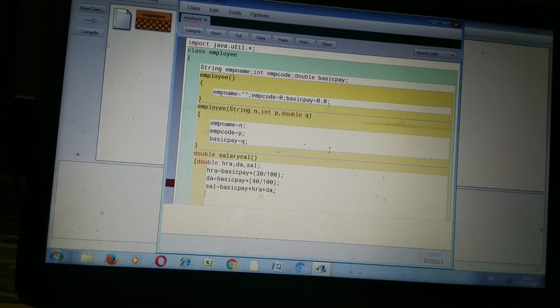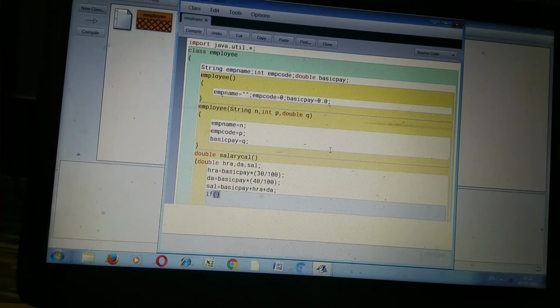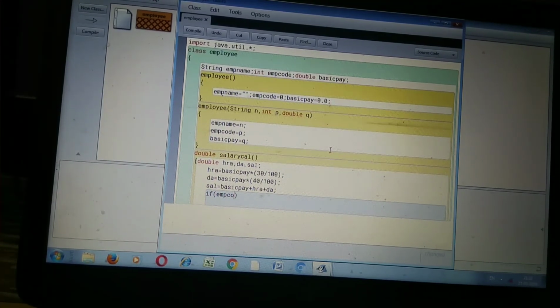After finding the salary, we have to put the condition. We start with if. Employee code, we store in which variable? EMPCOD.